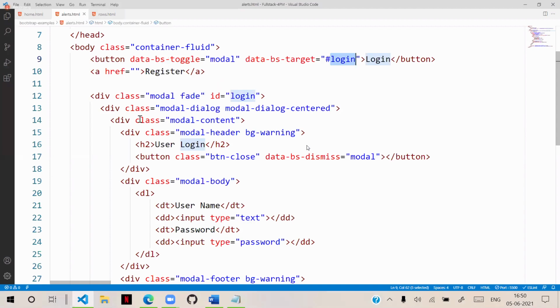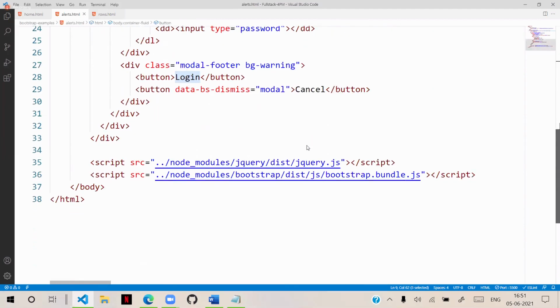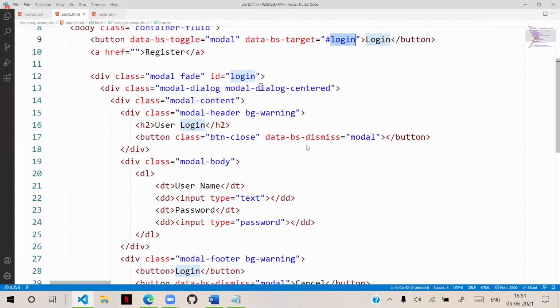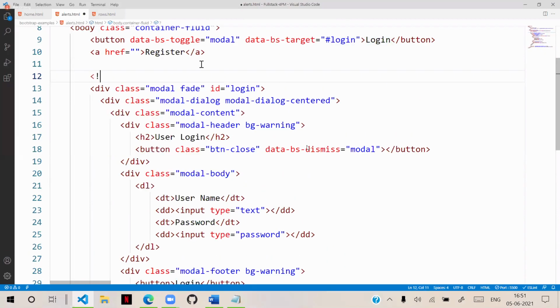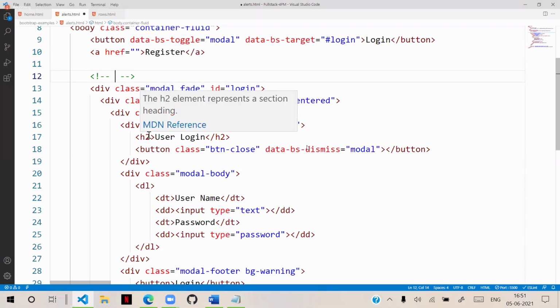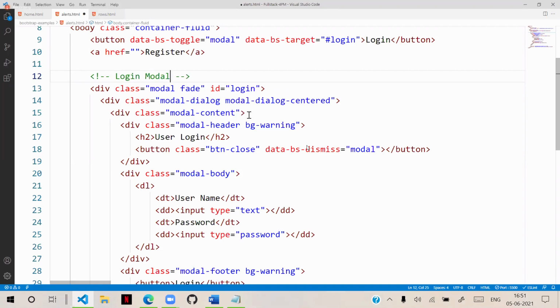So that means you can create a modal for that. You can define a modal and define it for that. So what I can do is I will create another modal. This is one modal. I will put a comment here. This is an HTML comment. HTML comments are written with an exclamation and double hyphen. Comments are not for processing. They are just to tell the developer some tips. Here I am writing that this is the login modal. This is the login modal. Okay.